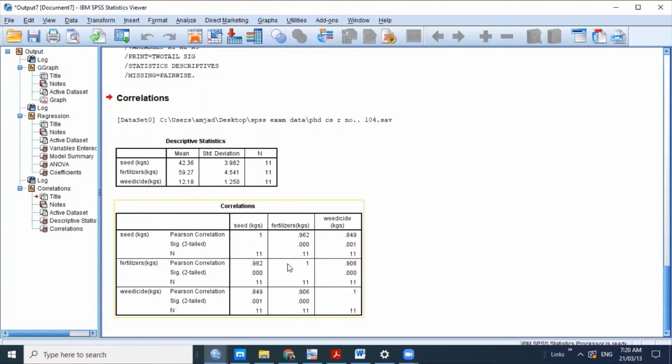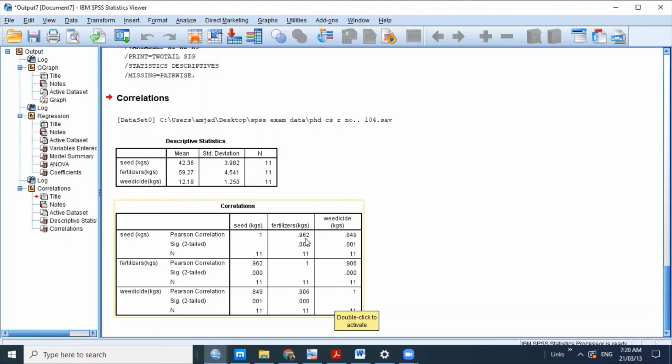Similarly, fertilizer to fertilizer is always 1, and weedicide against weedicide is always 1 correlation. These are the one-to-one relations. Here I want to see the seeds with the fertilizers correlation, which is 0.962.